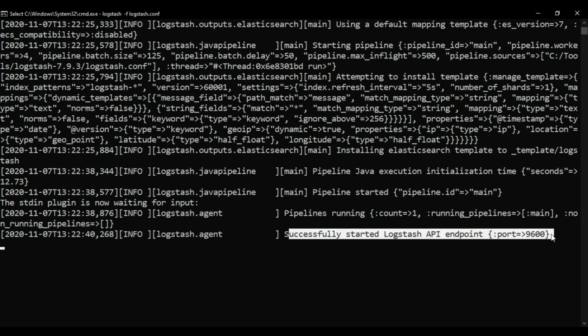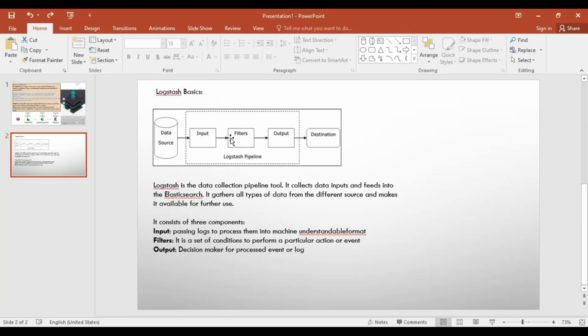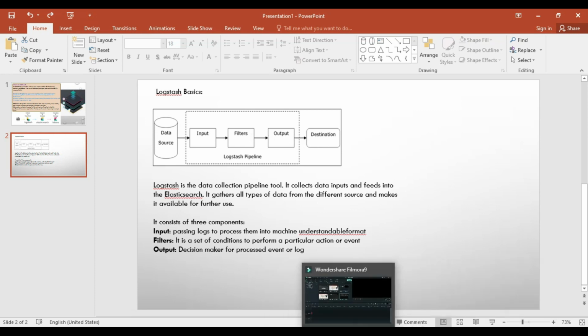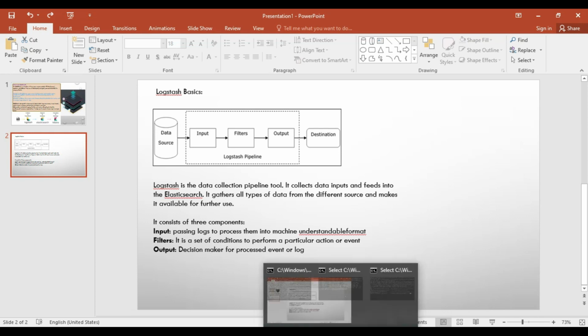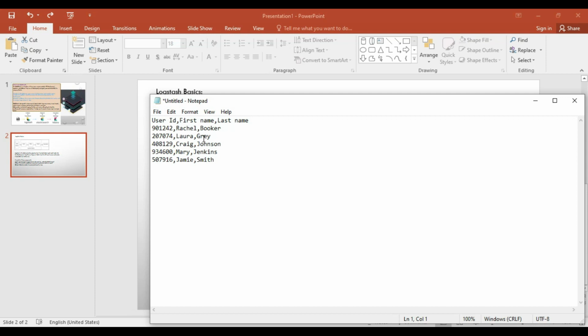Now I mentioned that we have to give the input and then we can see the output. For input purposes, I have to give some input from the command line. I have a sample CSV file with sample data like user ID, first name and last name. I am copying this, and I am going to enter this CSV via the command line.